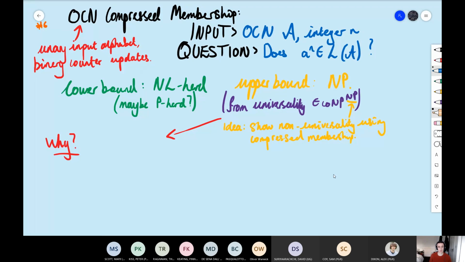Now this has an open complexity gap. It's NL-hard. I won't focus on the lower bound for now because I don't think it's that interesting. Maybe it's P-hard as well, which means it must be at least polynomial time. I'm not sure here. This is partly written on these slides, and when I look back on them, I remind myself to find this out. But it is at least NL-hard. I think this can be shown by regular membership, if you forget the compression. I think that problem is already NL-hard, so adding compression just makes it worse.